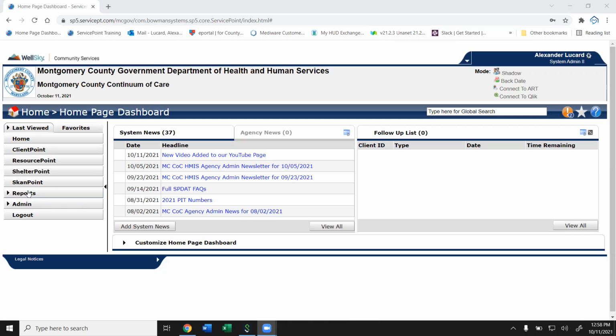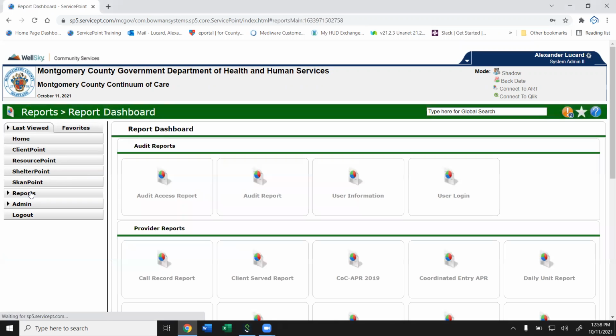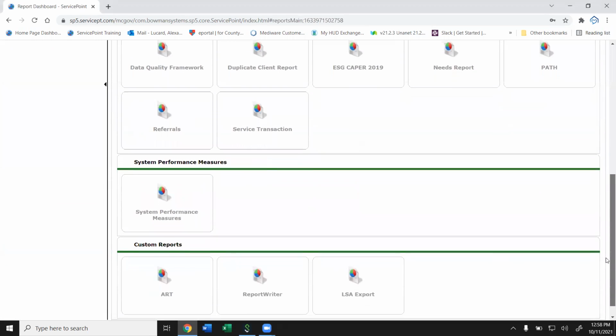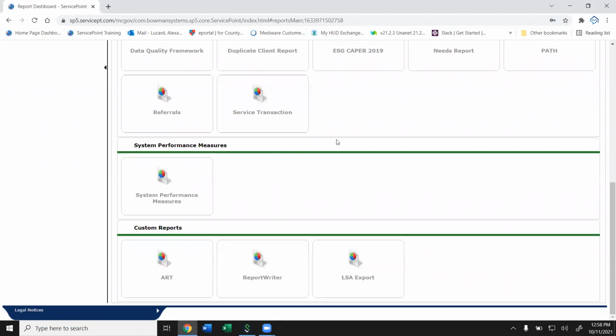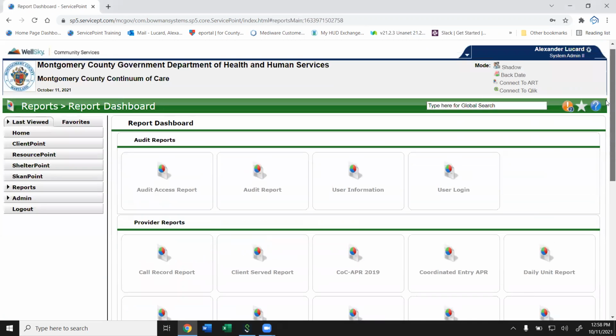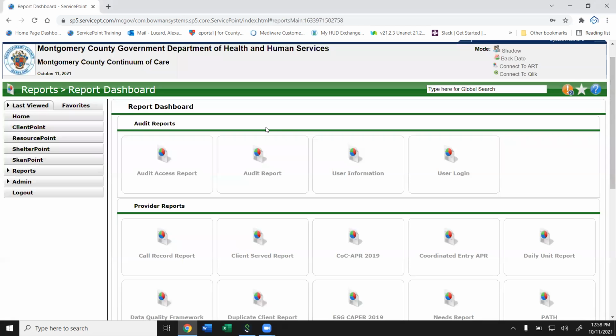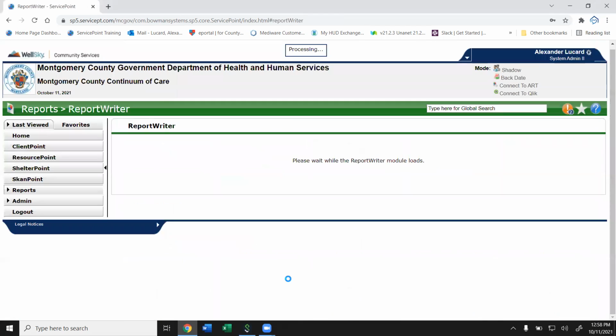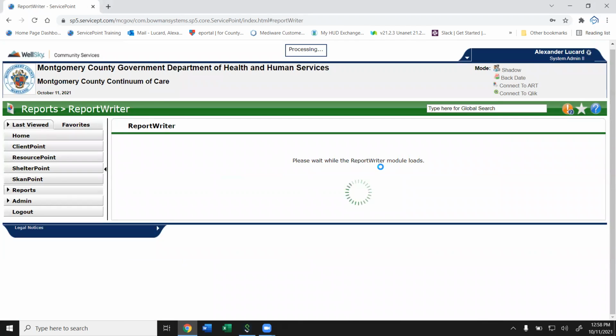So I want to go through and we're going to work together and create a sample report, one that any of you can do that's really basic, and then that way you can save it yourself and have a copy of it for your own system. So we're going to go down to reports. We're going to scroll all the way down to Reportwriter. Again, I'm a system administrator, so I have a lot more buttons than you guys do on your version of the report screen. Again, we click reports, we get to the report dashboard, we scroll all the way down, and we choose Reportwriter. We wait for Reportwriter to load,